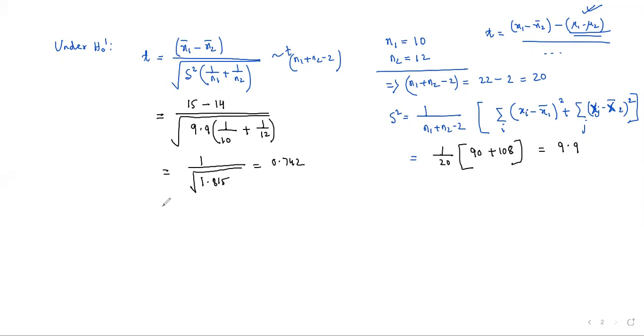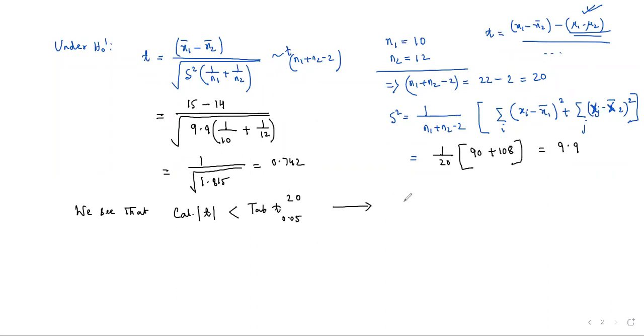And from the tabulated value, we find that comparison with tabulated value gives us that calculated modulus of t is less than the tabulated t at 5% level of significance at 20 degree of freedom,